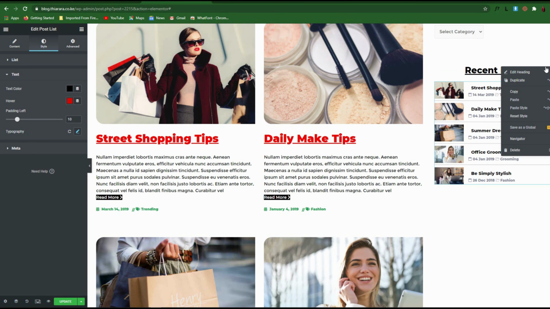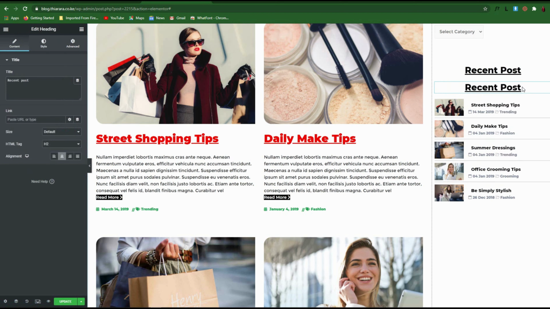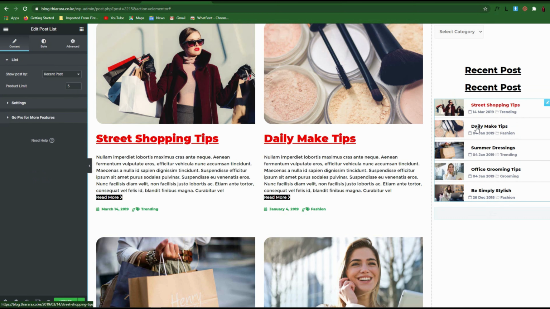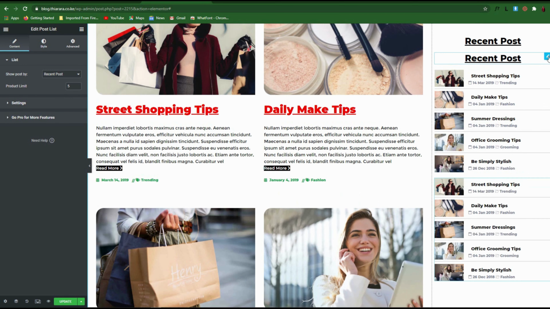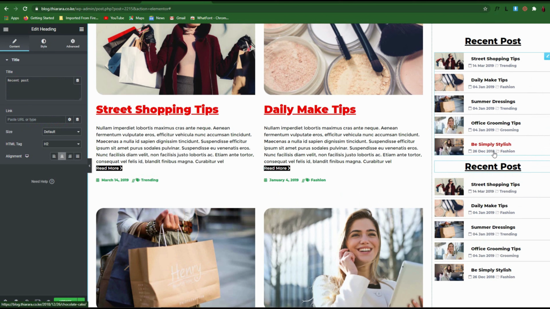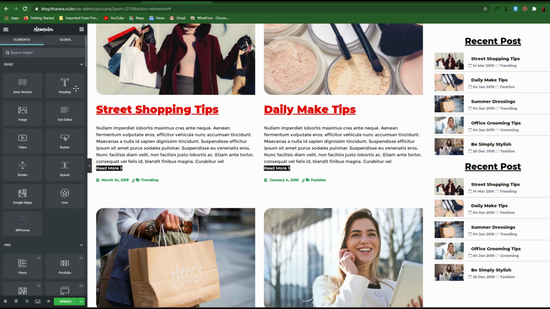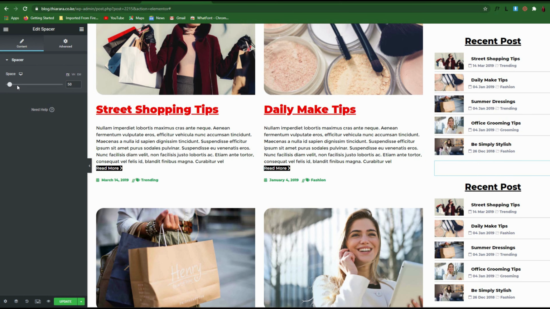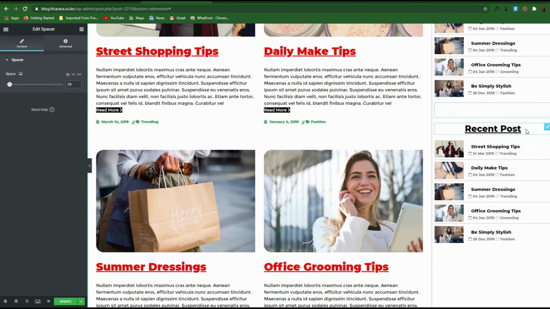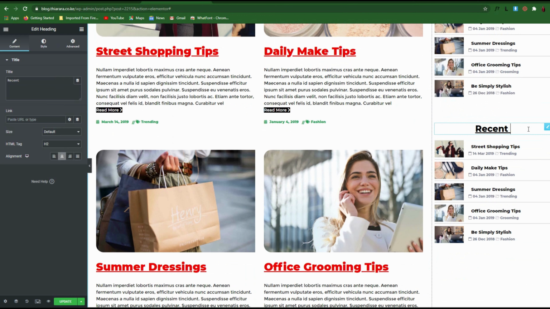The next thing, now you duplicate this one and you also duplicate this one. You're not just going to create another one, so what we need to do is you drag this and you drop it there. Come to this section, search for spacer like that, and it is good like that. So you come here and name it popular post,